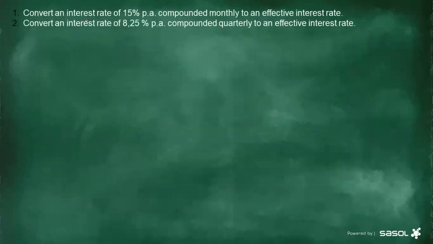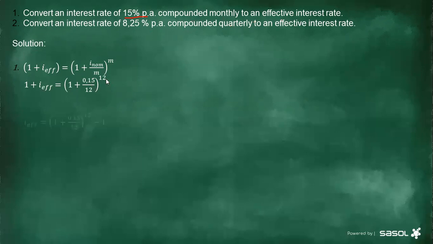Then let's see how we answer this question. Convert an interest rate of 15% compounded monthly to an effective interest rate. Let's see how we do that. You write the correct formula. You then substitute the nominal rate, which is 15%. Then you divide with 100. It's going to give us 0.15 over 12, because it's compounded monthly. It's 12, and then also here it's 12. And you transpose this 1 to the right-hand side as -1. You press the calculator. This is what we are having. You multiply by 100 to get the interest rate, which is